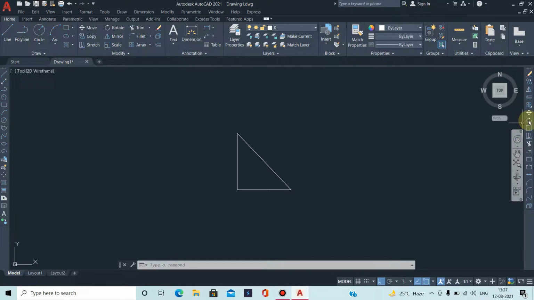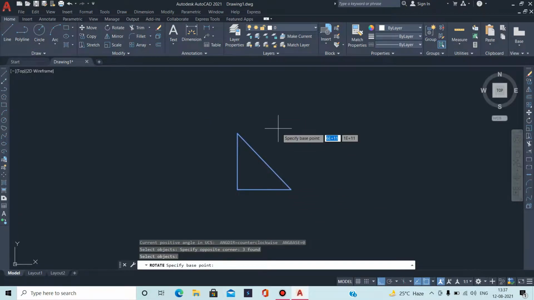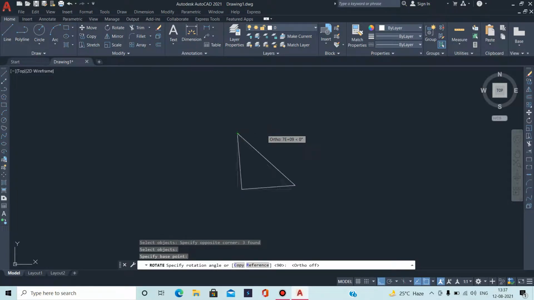Click over the rotate icon. Now select this object, then press enter. Now specify the base point. Here you can see that we can rotate this object very easily in any direction. If you want this object to be rotated at a particular angle, then we have to provide